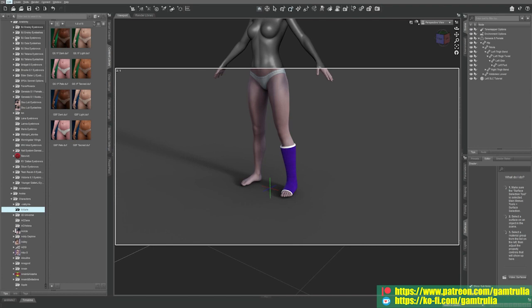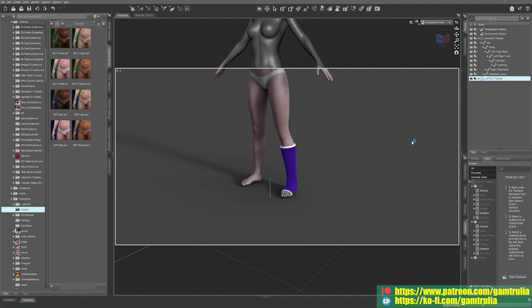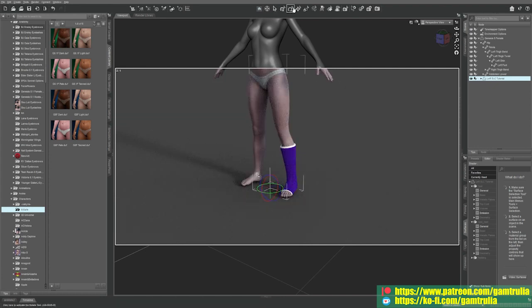Go up to Edit, Object, Transfer Utility. Go to Genesis 8 Female. And then for the target, you choose the cast. Hit Accept. It'll do a little bit of a calculation. After it's complete the calculation, still calculating. Okay, and if we move the body,